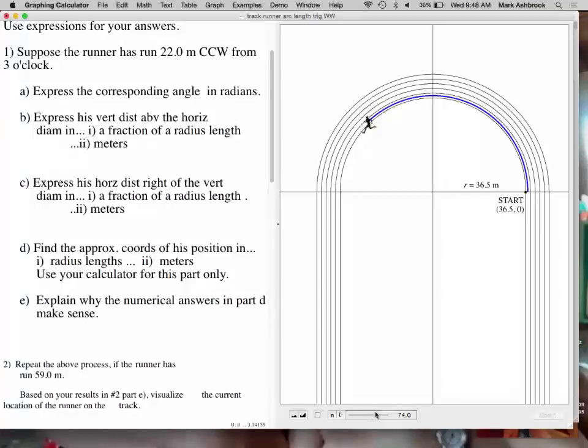Let's do a different one here. Let's do this time here. So this is 86.5 meters. So what I want you to do is a different progression here. First thing I want you to do is estimate how many meters to the right of the vertical diameter and how many meters up. So first thing is estimate for this 86.5 meters. Estimate the position in meters. No calculator, no expressions, just